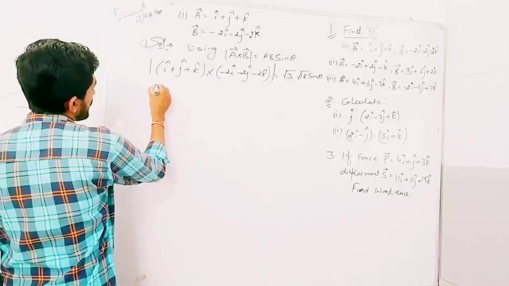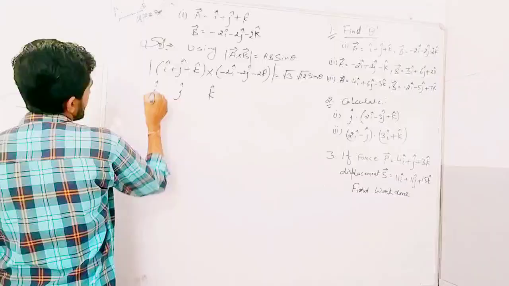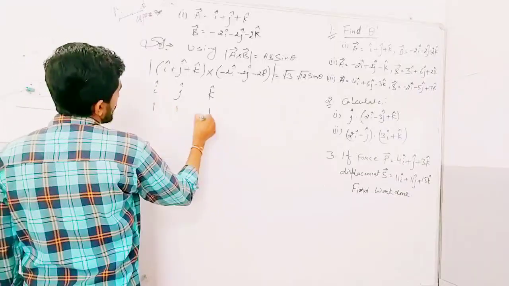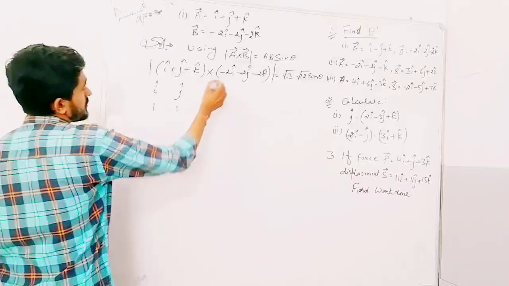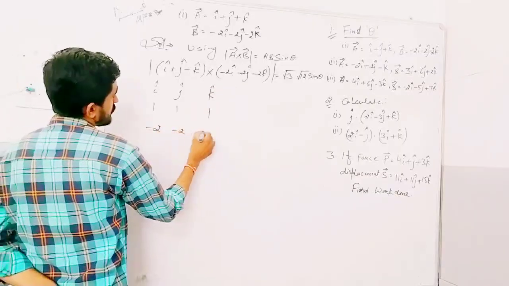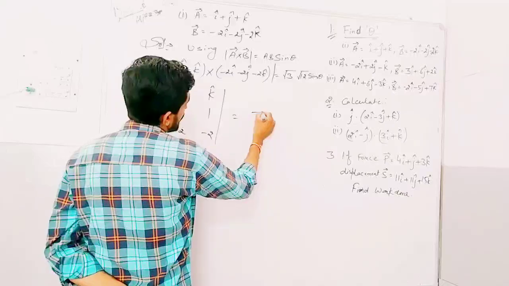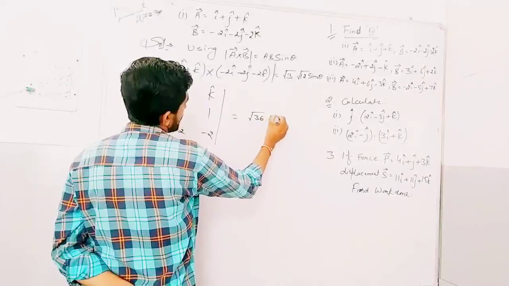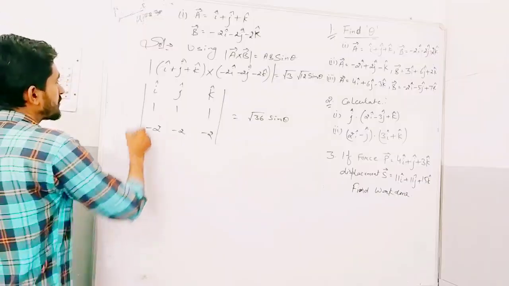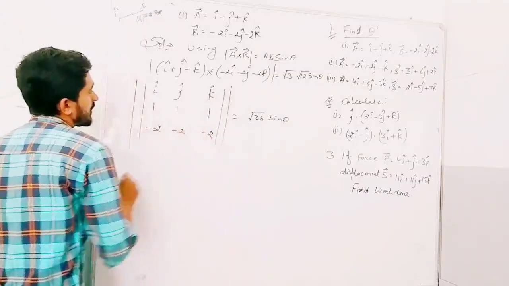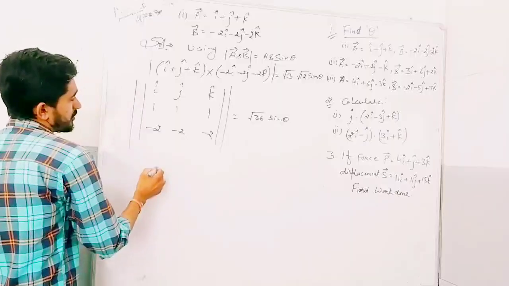For the cross product, I will do it like this: i cap, j cap, k cap, 1 1 1 for vector A, and for vector B it is -2 -2 -2. Its determinant gives the magnitude, and here we have the square root of 36 sin theta. Cross multiply, find the determinant, and again find the magnitude. Here the determinant gives -2